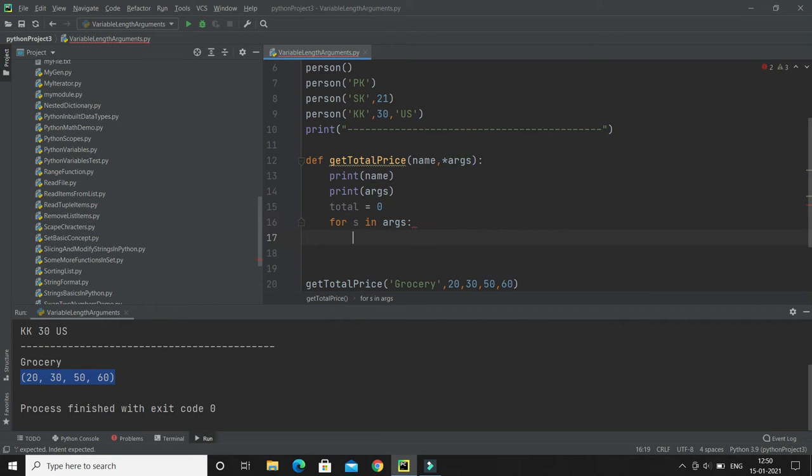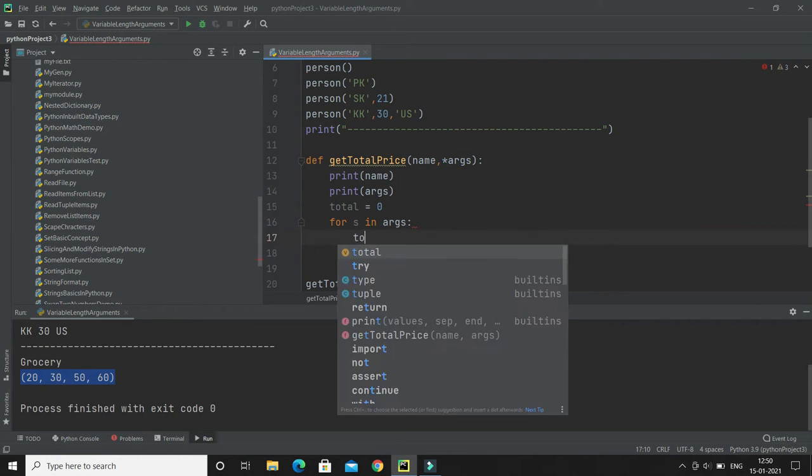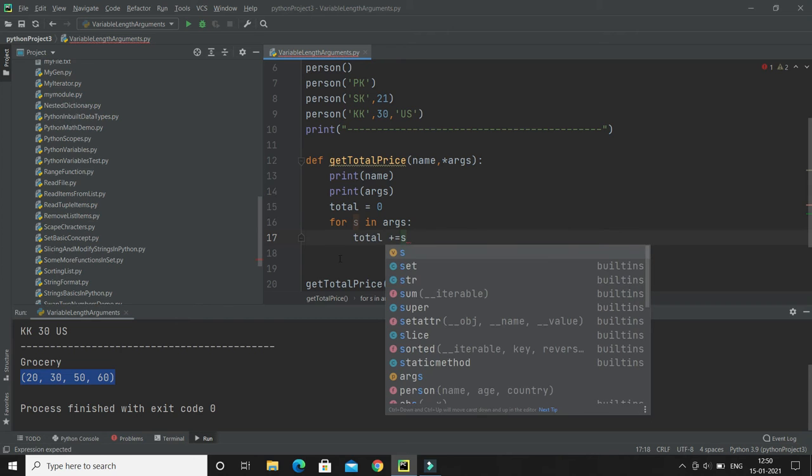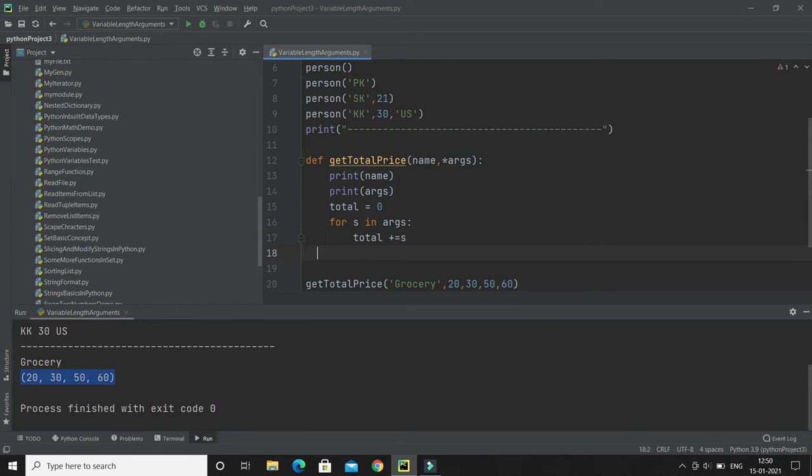Then total plus equals s, right? So I'm getting the total price, and of course you can return the total price over here as total.